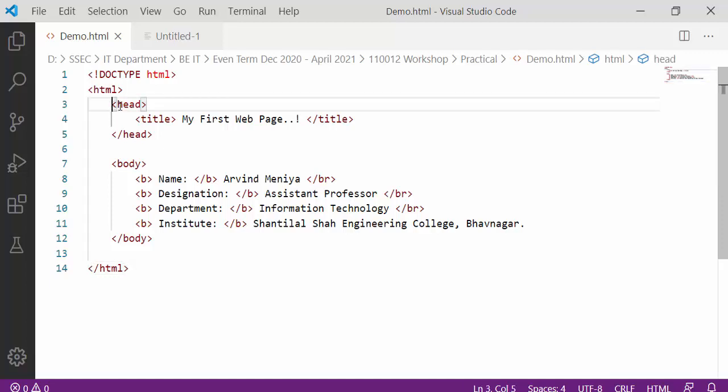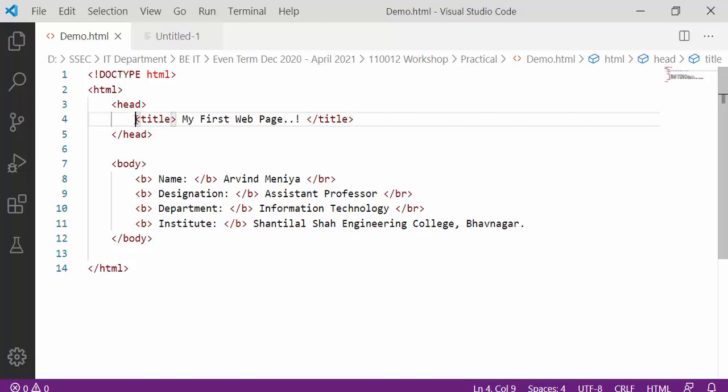The first one is the head tag and the second one is the body tag. Okay, so any content that you want to display in the area of the web page, you have to define in the body section. And in the head section you can simply put the title tag that will display on the tab of the web browser. That is, we can say the title of the web page.